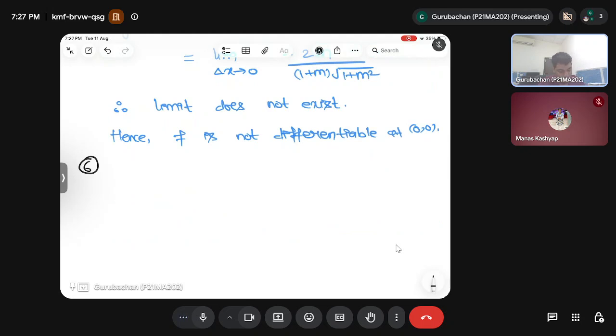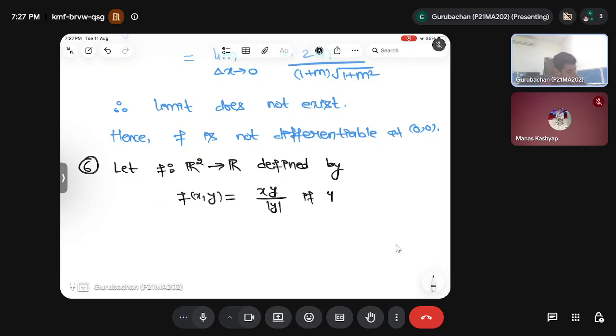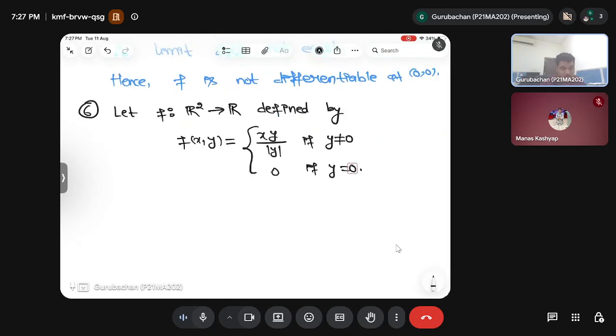Similar to this one, let f be a function from R square to R defined by f(x, y) is equal to xy divided by mod of y if y is not 0, and 0 if y is 0. Again we need to examine all the things, differentiability, fx, fy, then